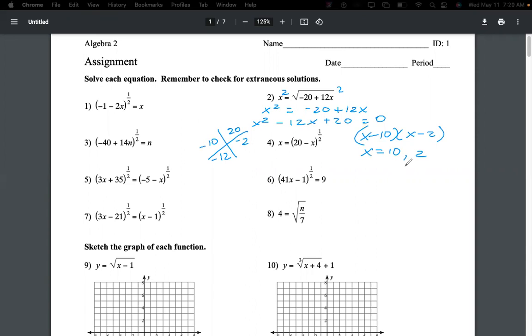Now with radicals, I always have to check for extraneous solutions. So I'm going to come in here and say check, and I'm going to plug both 10 and 2 into this equation. So I'm going to check 10 first. If I plug 10 into my equation,